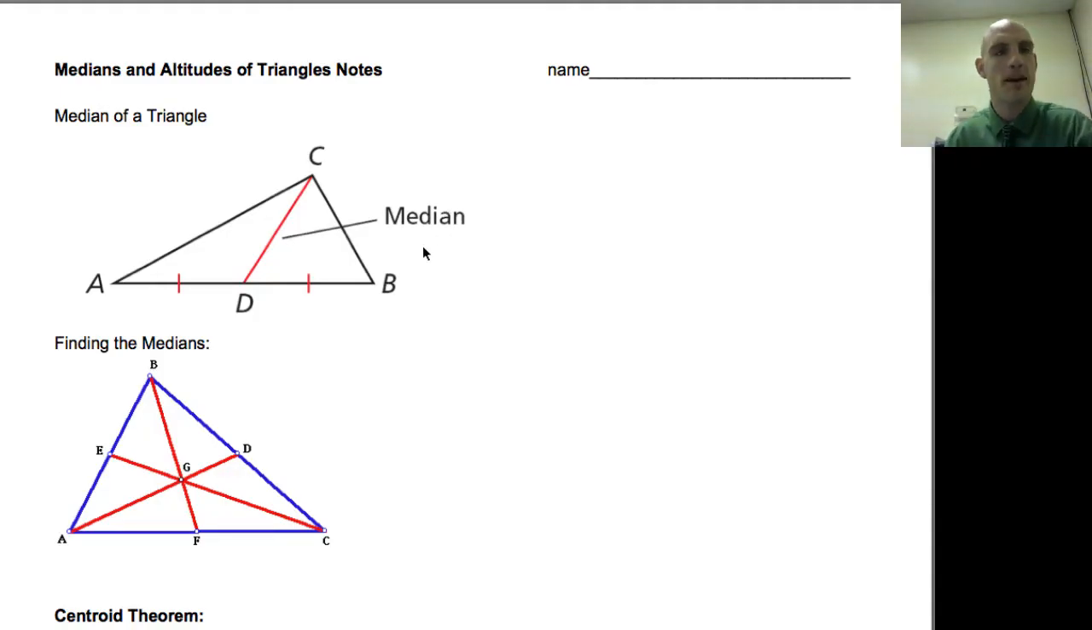Today we're going to talk about medians and altitudes of triangles. First, we're going to talk about the medians of a triangle. The median of a triangle is the segment from the vertex to the midpoint on the opposite side of the triangle. So you can see here that I've formed CD, and D is the midpoint of the opposite side. So it's a segment